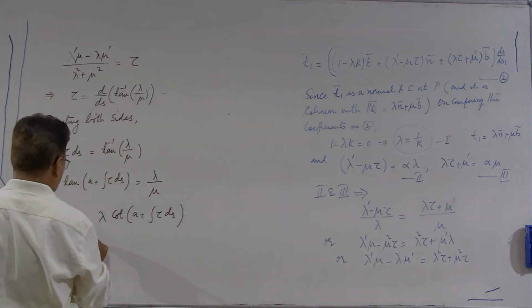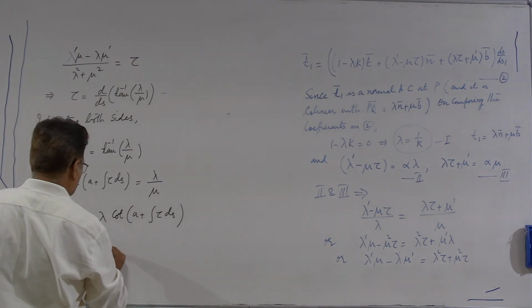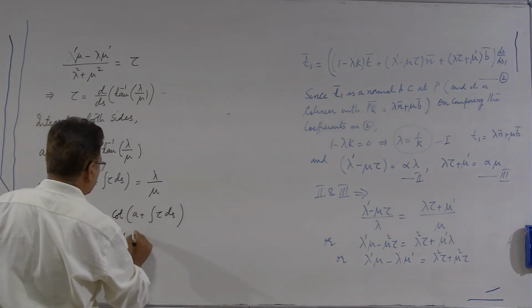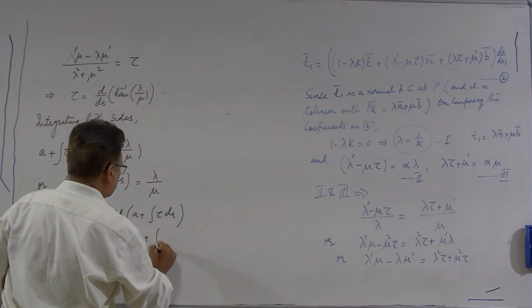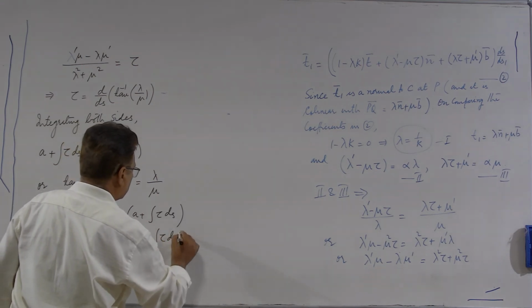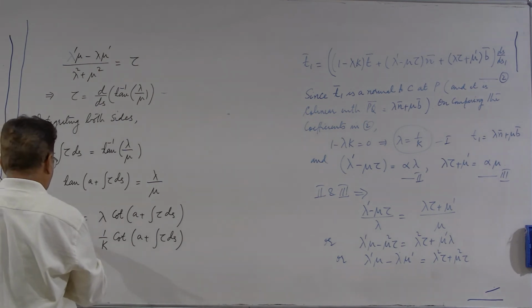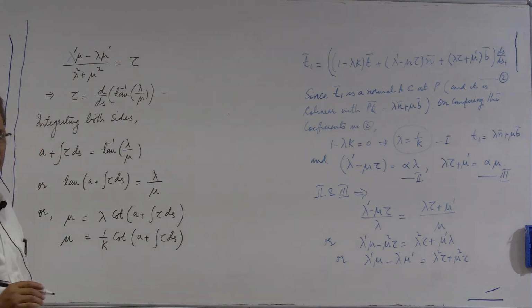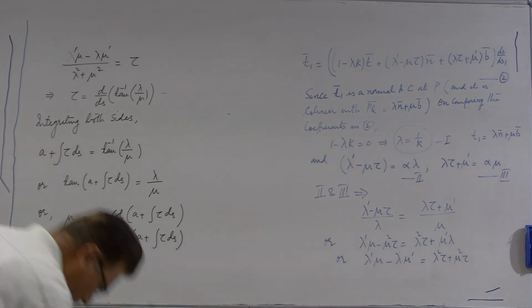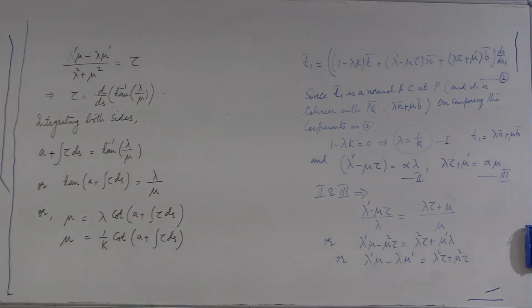So, this becomes 1 over k into cot of a plus integral tau ds. Tau is known to us, and what we were looking for, mu and lambda. So, both these quantities which were unknown we have determined, and therefore, we have determined the equation of the curve